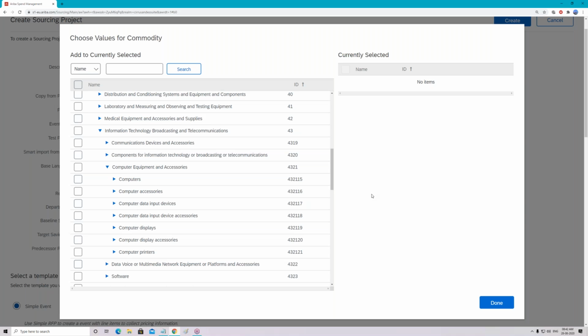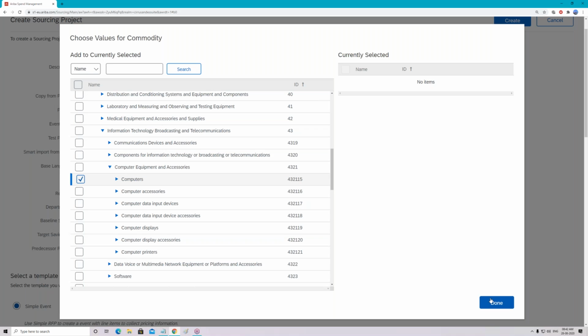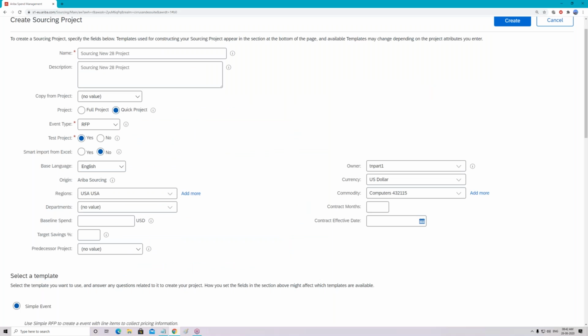Okay. So this was a little bit different, Manoj, right? And I will say exactly correct. It was different. Why was it different? Because of one simple thing. And that simple thing is, if the data does not exist in ERP, how are you going to bring that data into Ariba?